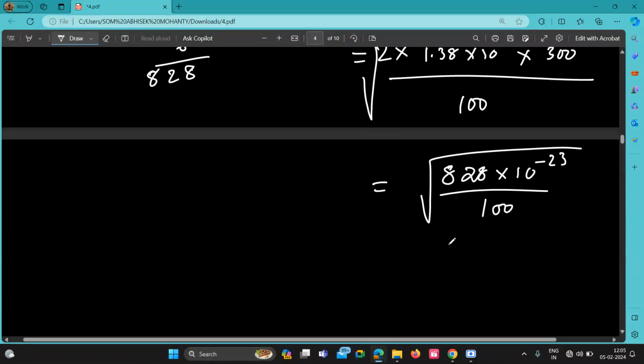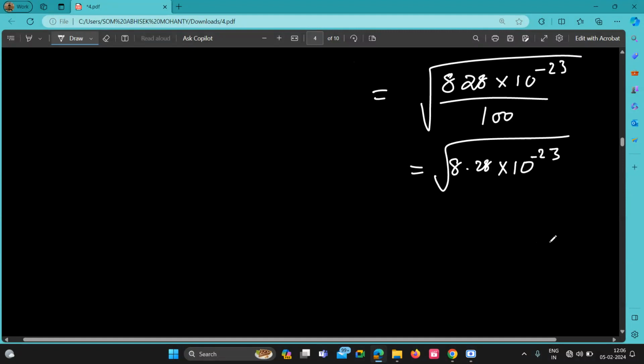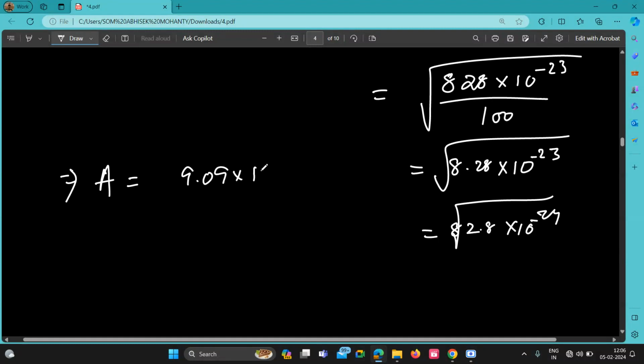We cannot just leave it like that, so 8.28 into 10 to the minus 24. Now we can calculate because this should be an even power. So your A will be 9.09 into 10 to the minus 12 meter, which can be written as